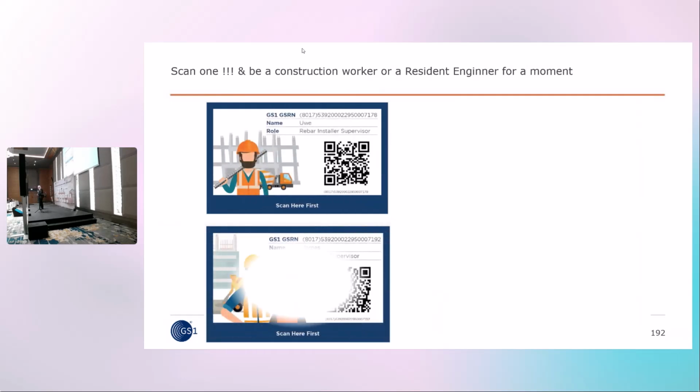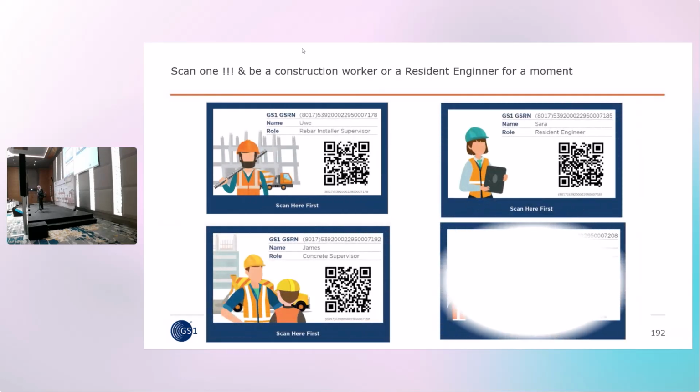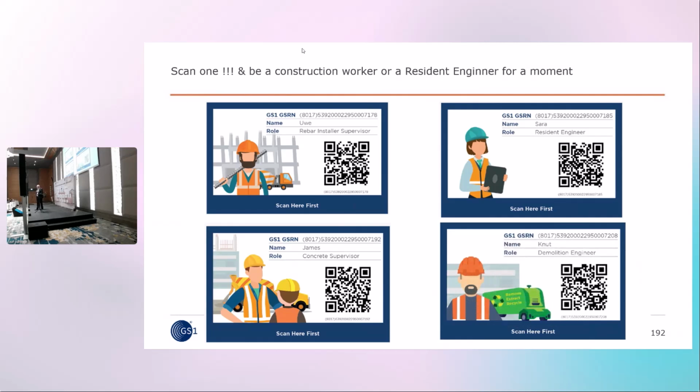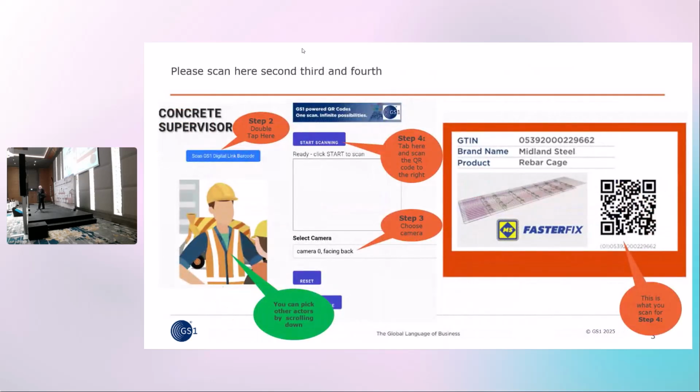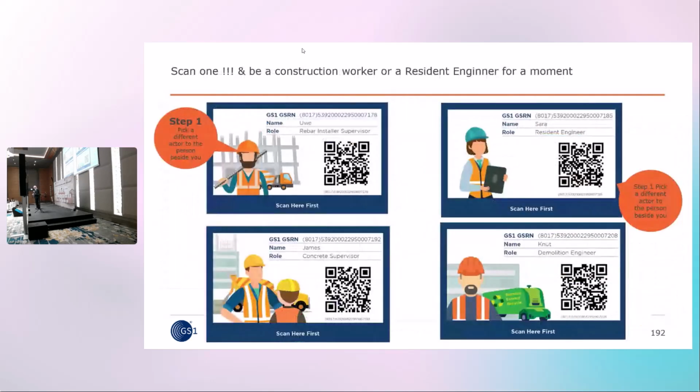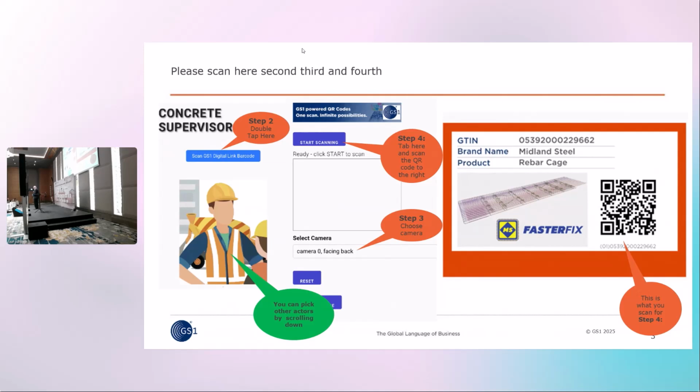So these are the cards you can take away with yourself. As you can see, I only picked 4 of the 28. Now some people might say I should have picked 2 ladies and 2 gentlemen, but I got it wrong. Okay. And this is my wife telling me that. So step 1, pick a different actor to the person beside you. Each one of these actors, scan those. I'll go back for anybody who wants to scan on their phone. Just pick an actor. And if 4 people pick a different actor, then when they scan this QR code on the right-hand side, hopefully, I've crossed my fingers so my boss won't kill me, you should see a totally different experience.